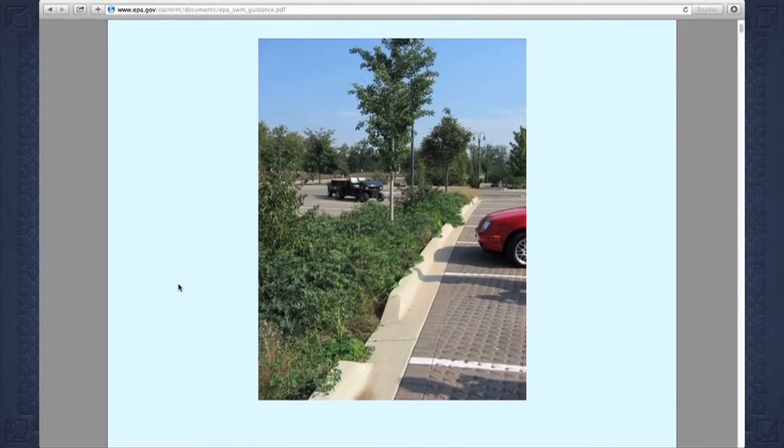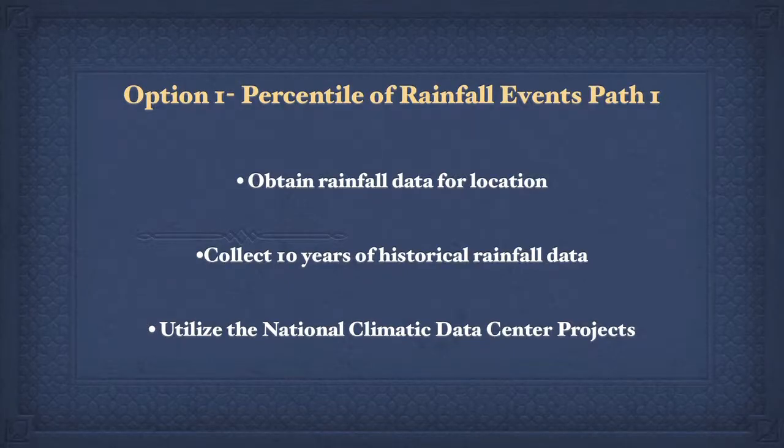The first step a design team needs to take is to obtain rainfall data for project location. Collect at least 10 years of historical rainfall data, or as much historical data as possible from all seasons to account for seasonal variability. If the team submits less than 10 years worth of information, explain why additional historical data are not available. For projects in the U.S., long-term rainfall data for many locations are available through the National Climatic